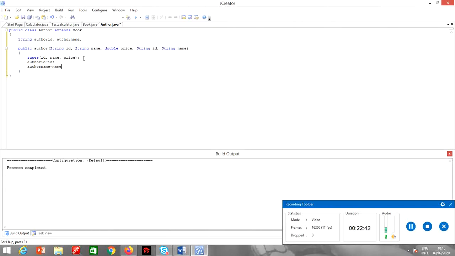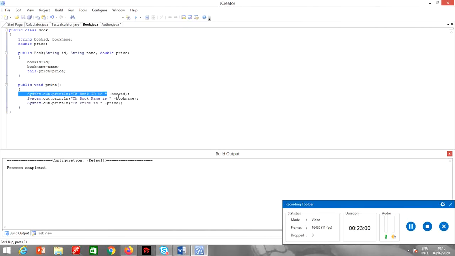And author name is equal to name. Now again I should have a print method over here. So overriding the parent class method, public void print. So I am going to print author ID and author name over here.